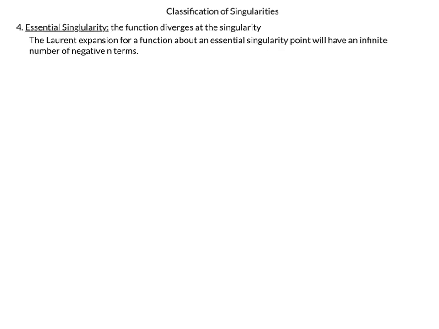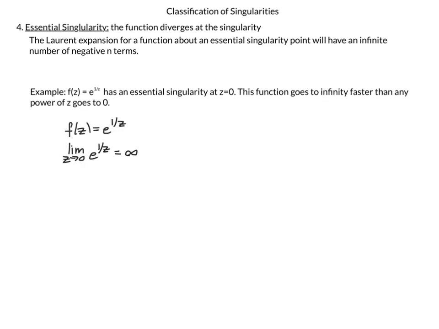We are going to contrast those examples of removable singularity with our examples of essential singularities, and that's where the function diverges at the singularity. So the Laurent expansion for a function about an essential singular point will have an infinite number of negative n terms. Our example is f of z equals e to the 1 over z. You can see there's a singularity at 0 because 1 over z will give us a division by 0. But let's look at the limit as z approaches 0 of e to the 1 over z, and that would be, well, here we have 1 over z is infinity, so it's e to the infinity,